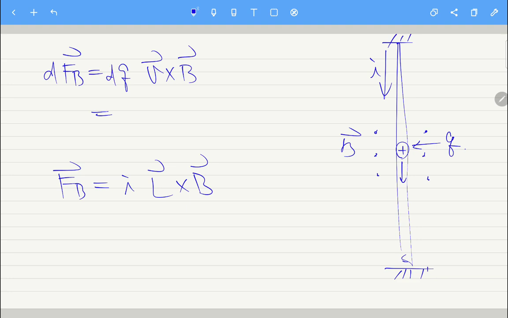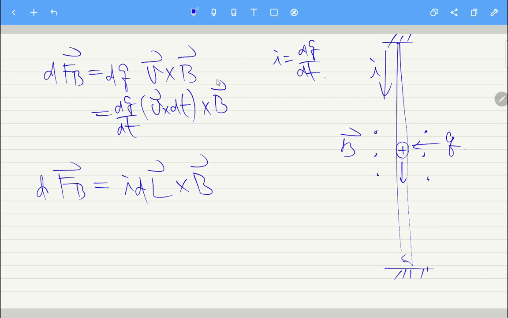Yeah, dq like this. So we have dB, dl like this. Okay, so actually we know that I equals dq/dt. So we can have a dq over dt here, and then we have v times dt here cross B. Okay. And in that case, dq is actually I, and then v times the dt is the dl, because you